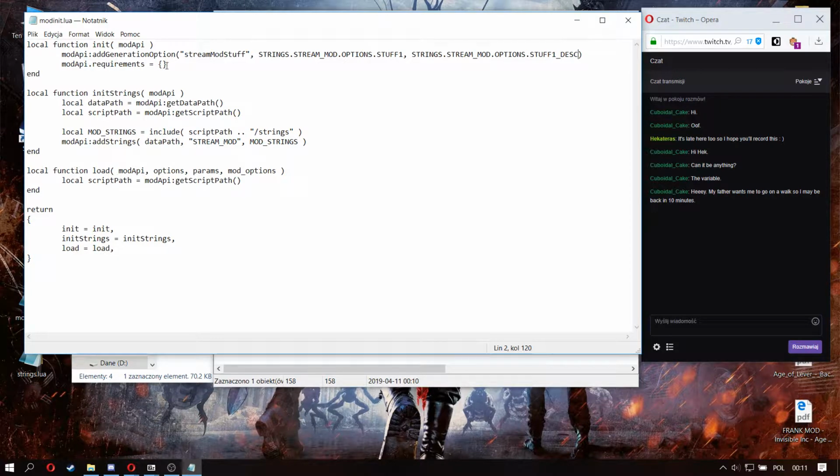Now this second one is mod API requirements. This specifies if you want any other mod to be loaded before your own. We'll leave this blank for now because we don't need anything else, but this is the place if you want to specify, for example,